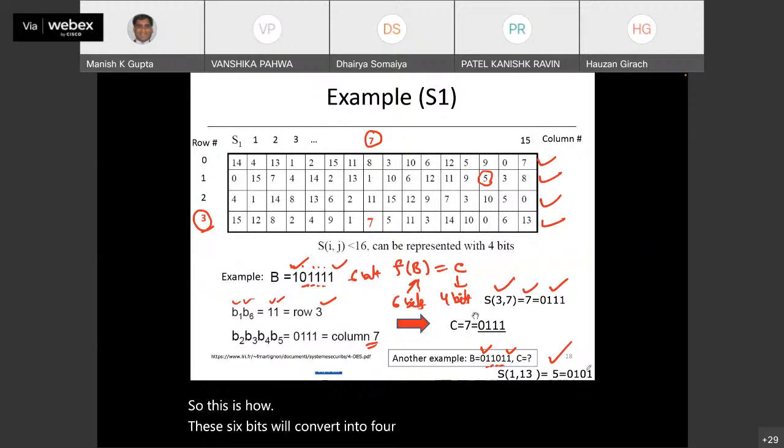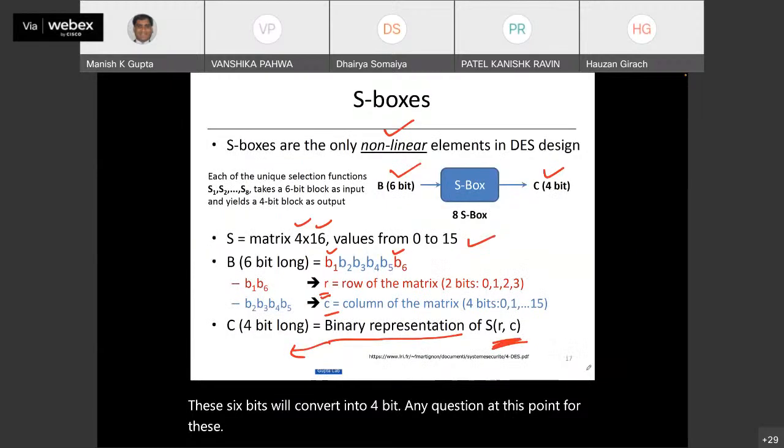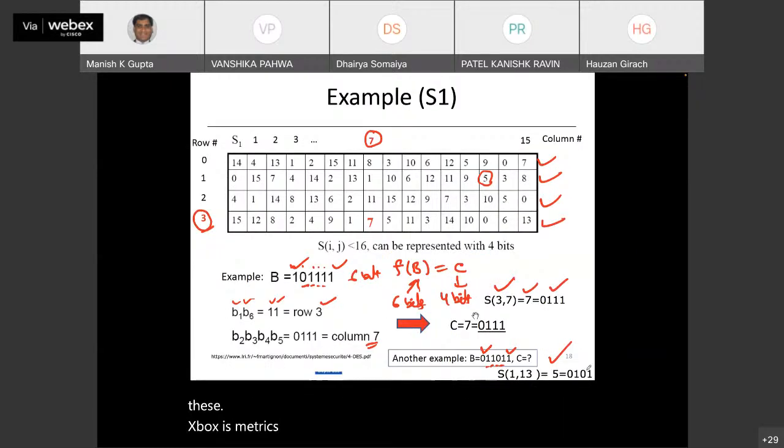Any question at this point for these S boxes matrix? Any question? Any question? Okay, so now I think you understand what is going on in terms of